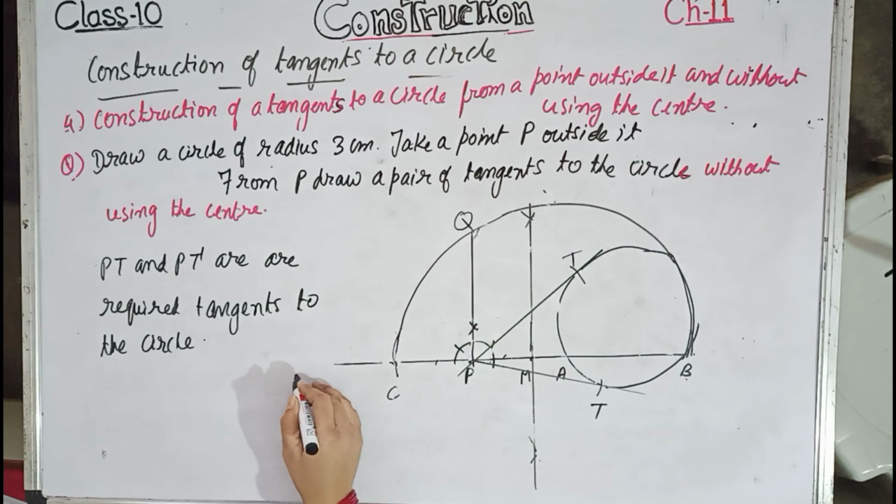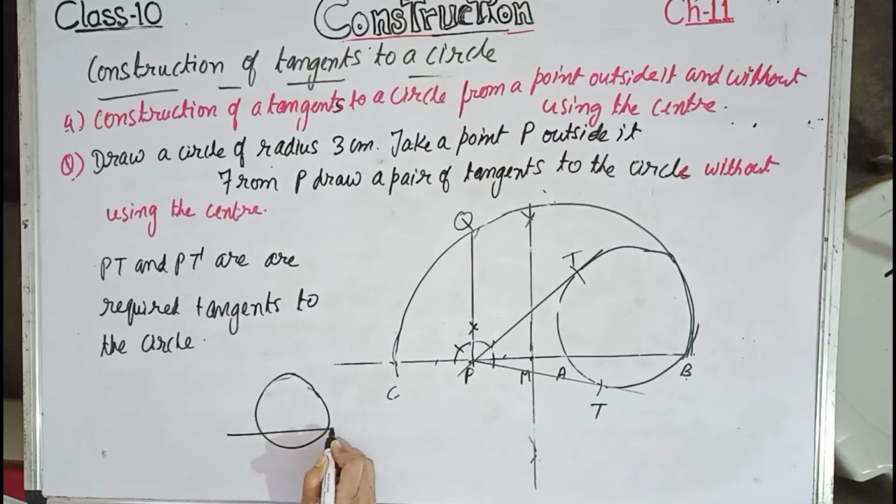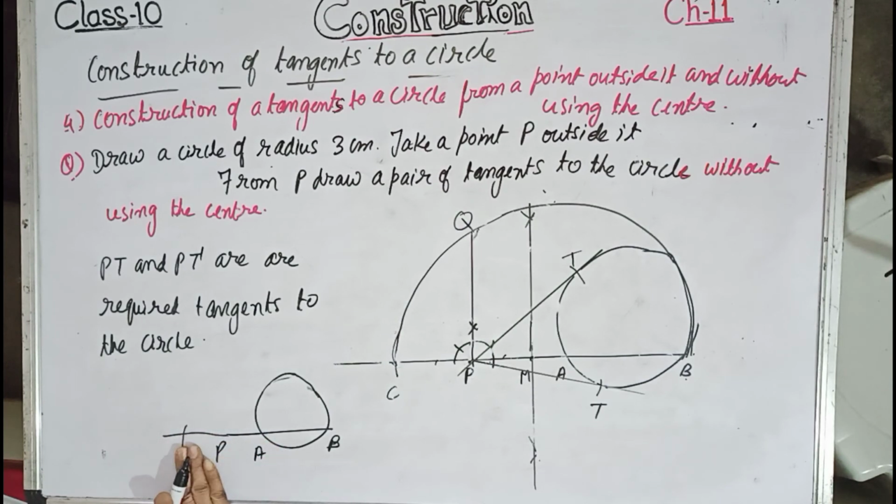Again I am explaining for the students, those who have not understood till now. Draw a circle of given radius. Don't name the center because you don't have to use the center. After that, take a point P outside it, draw a secant, let it intersect the circle at 2 points, suppose A and B. This is the point P. Extend this line, whatever is the length PA, that much PB, that much, suppose over here PC length, that is PC is equals to PA.